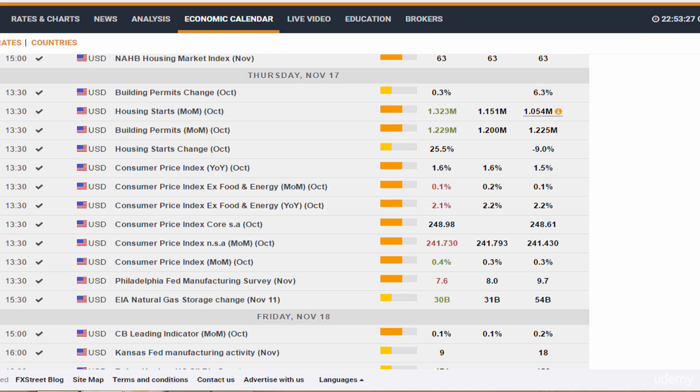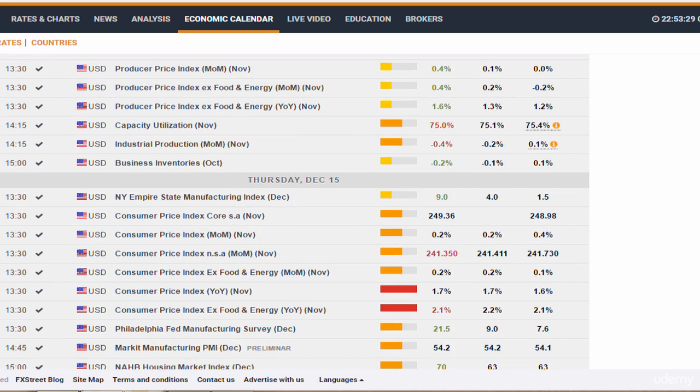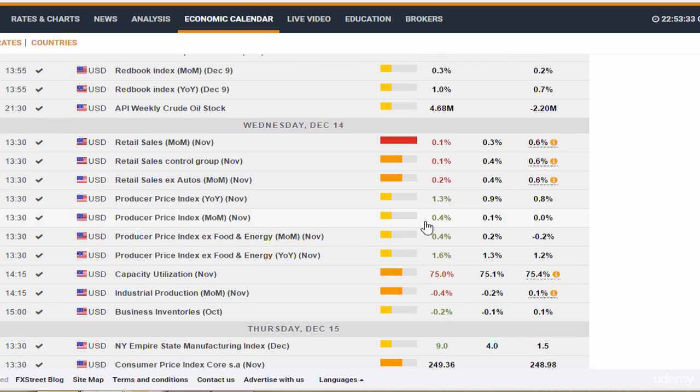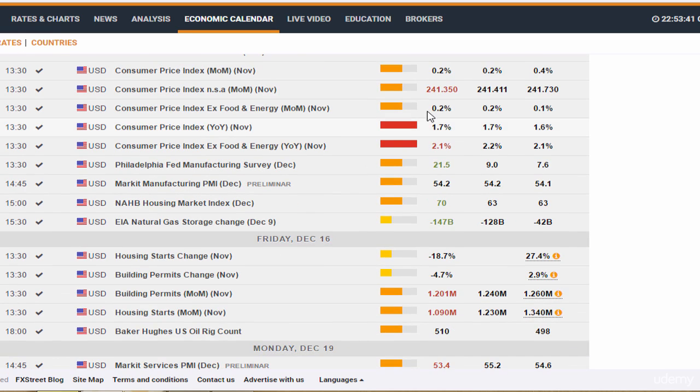Now let's look at another example. In this case, we have better than expected PPI data. Here we can see the CPI data. Now, even though this is red, look at the previous month. Previous month was 2.1 and we got 2.1. So this is better than the one we had for November, which is the previous example I just showed, because in that example, we had a decrease from the previous month to the current month. In this case, the previous and the current are equal. So this is not as bad.